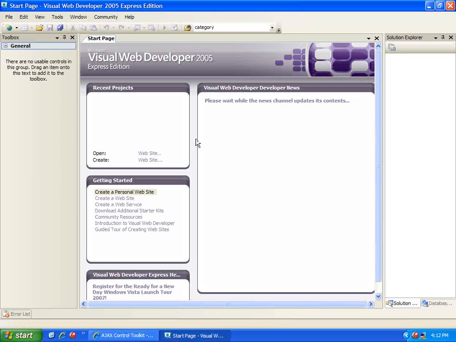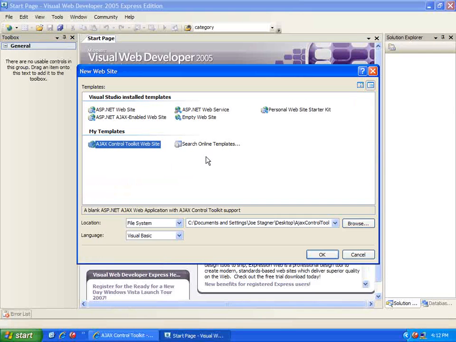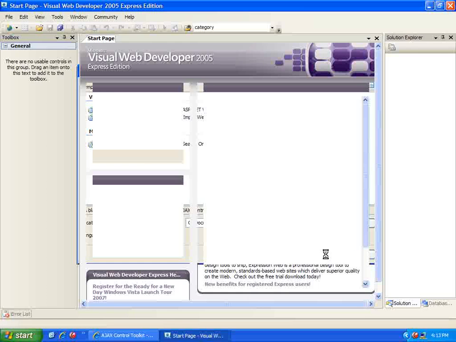So to do that, I'll hop into Visual Web Developer, say create a new website, and now I have this Ajax Control Toolkit website project template. Now remember, if you don't have the full version of Visual Studio so that you can build that .vsi file, you won't have this, but that's okay. You can just include a reference to the DLL file that we moved into the binaries directory of wherever you unzip your files to, and you'll be able to use all of the Ajax Control Toolkit functionality yourself. Just by having the Ajax Control Toolkit website template, it saves us that one extra step. So I'm going to go ahead and use that template,